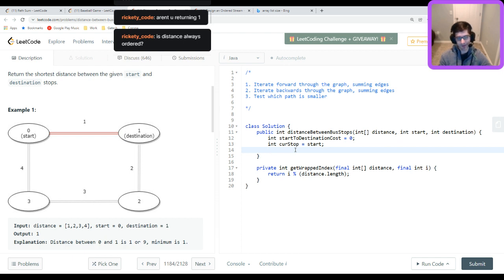So the tricky thing I'm trying to figure out here is how to know to end the loop, because while cur stop is less than destination doesn't work. If my start is, let's say, 3 and my destination is 2, I need to go all the way around. As soon as I hit the first wrap and I'm back at 0, that's going to quit. But I also can't just test that they're equal, because